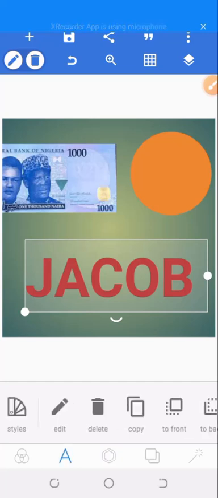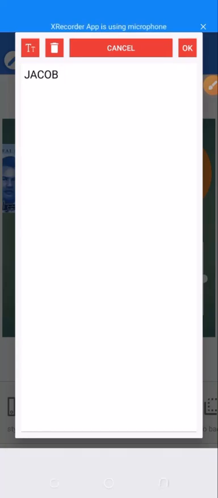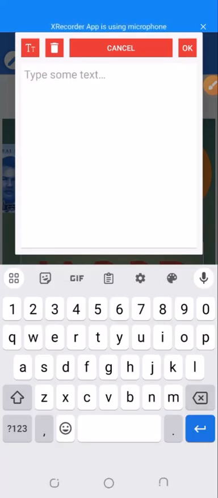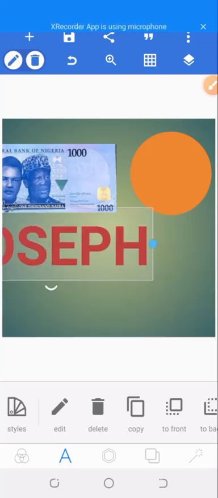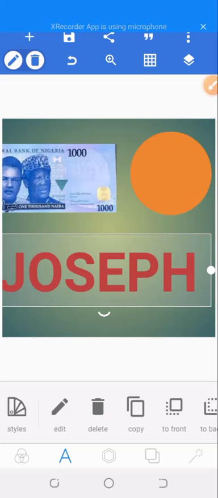Now, what we want to do with the test, quickly learn what we can do with this test. Number one, the first thing we can do with this test is we can edit it. I can change the name from Jacob to Joseph. I can edit the test. That is number one. Number two, I can delete it,